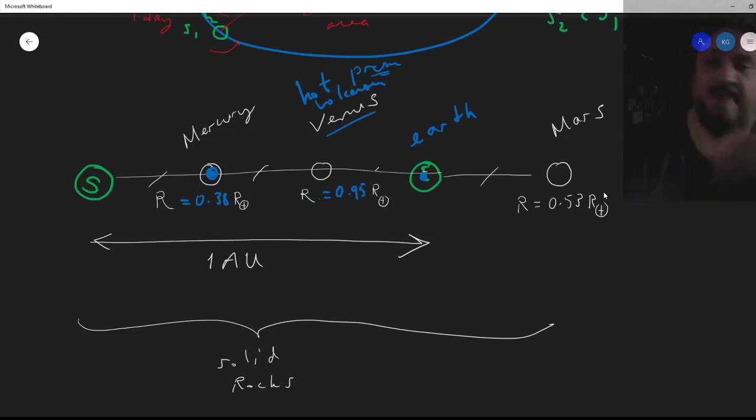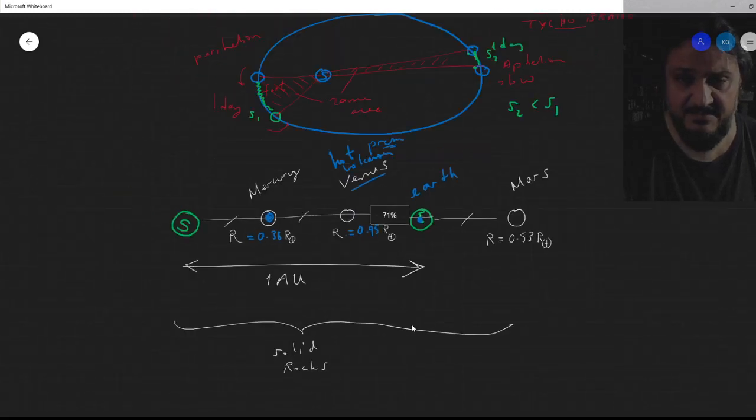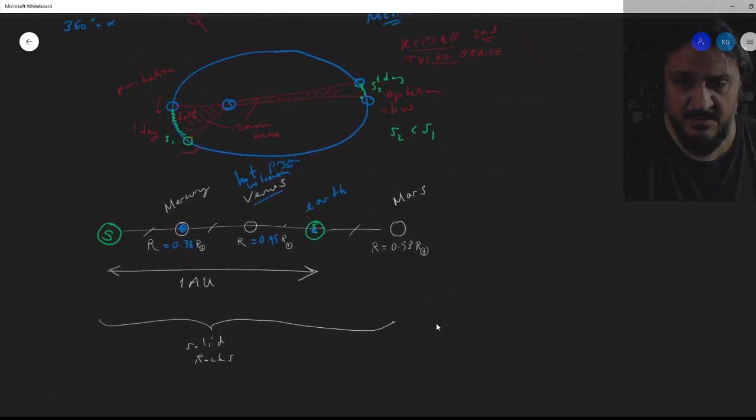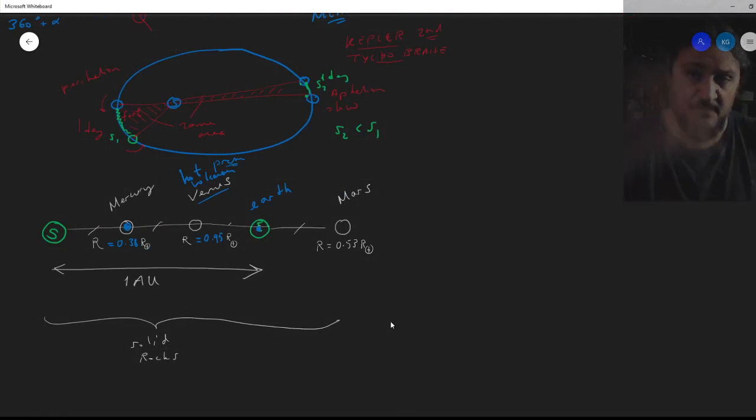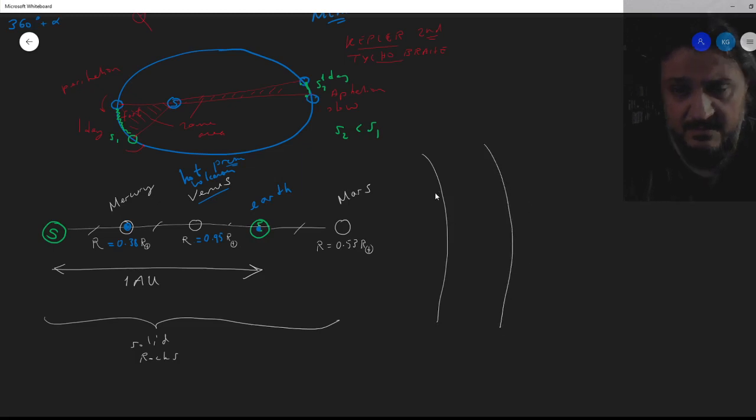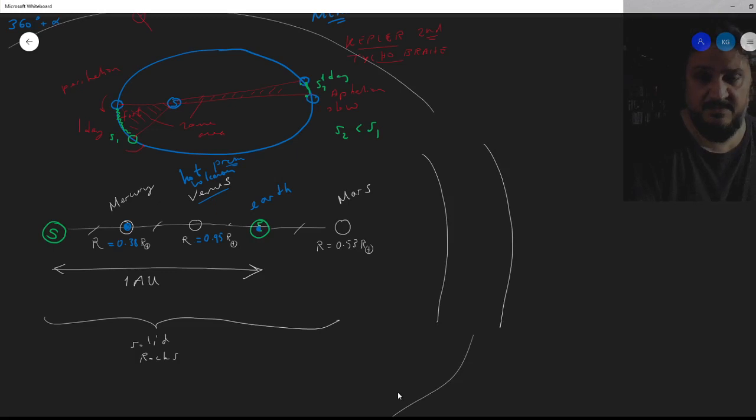Now, after Mars, what do we have? We have the asteroid belt. Now let me zoom out here, okay? Now things are going to change a little bit when we get to things beyond the planet Mars and beyond the asteroid belt. So here we have, around the sun, I mean it's everywhere around the sun, of course not just here but everywhere, the asteroid belt.